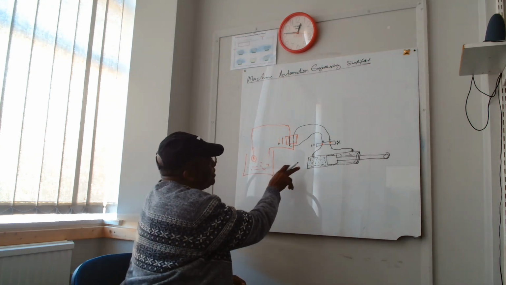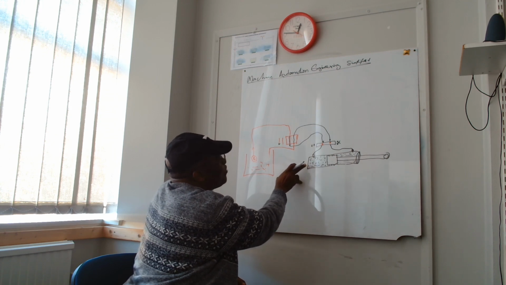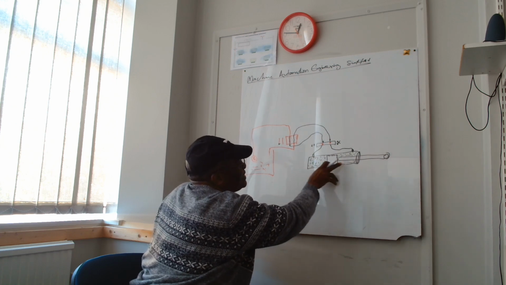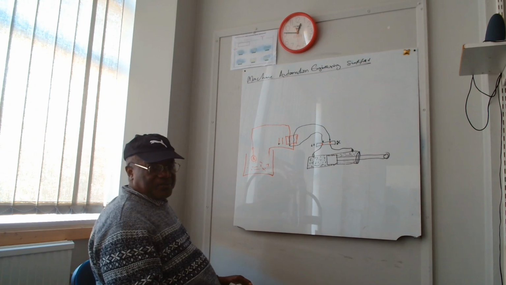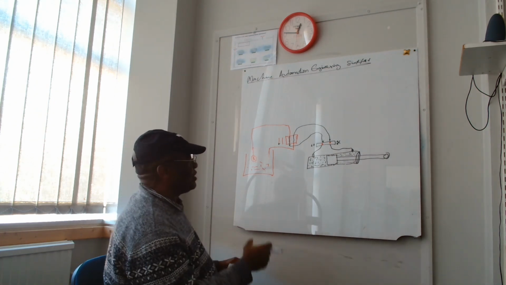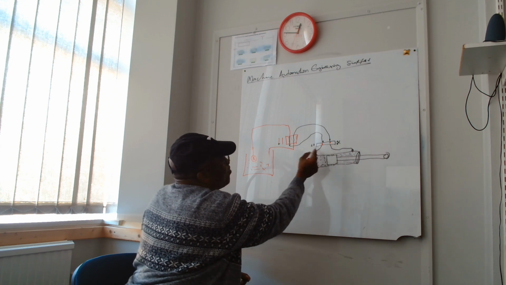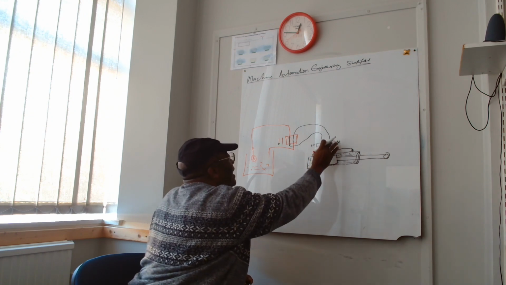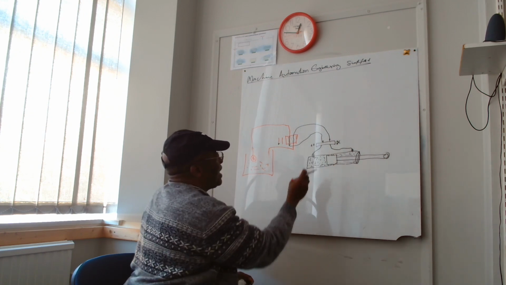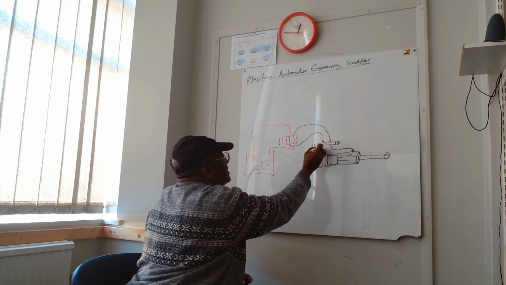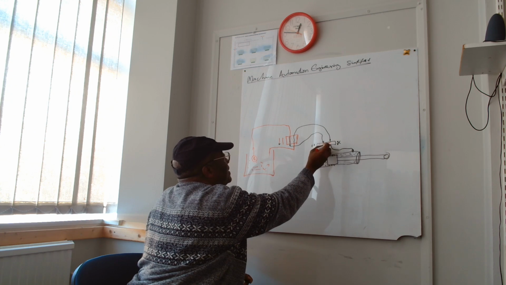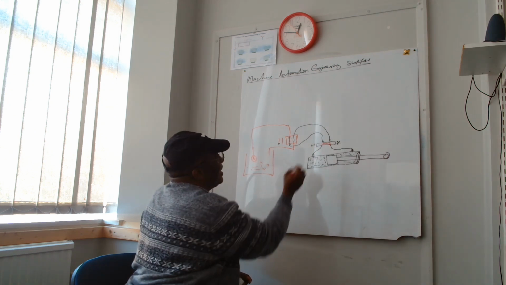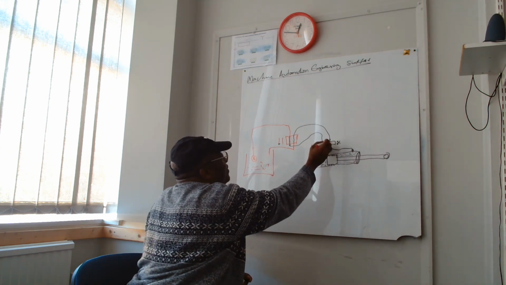Which means the fluid now starts filling here, and the equal amount of fluid it is filling here is what it must be removing from here so that this ram starts going forward. When you now want it in the reverse direction, then it is this side that will now come in and not this one. And when this comes in, you are going to have something like this. Mind you, you will now have something like this and like that. Which means the pressure is now coming to this one, and the return is now going from this one.